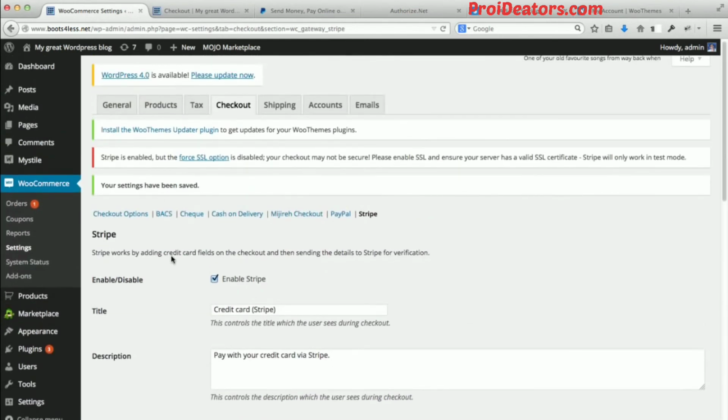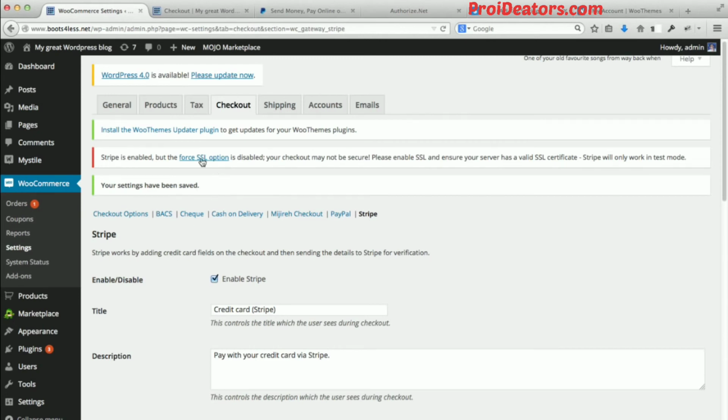Now we'll talk about SSL certificates, and they're really easy to install, especially if you're using a cPanel host like Bluehost or HostGator. And if your particular host doesn't, usually it's just a matter of giving them a call. So you can just call them and tell them you need an SSL certificate installed on your website, and at that point you can